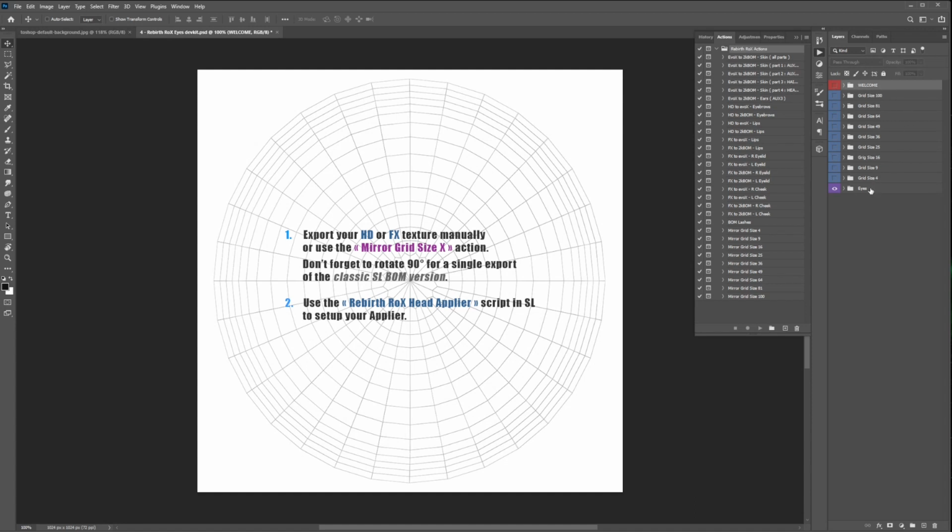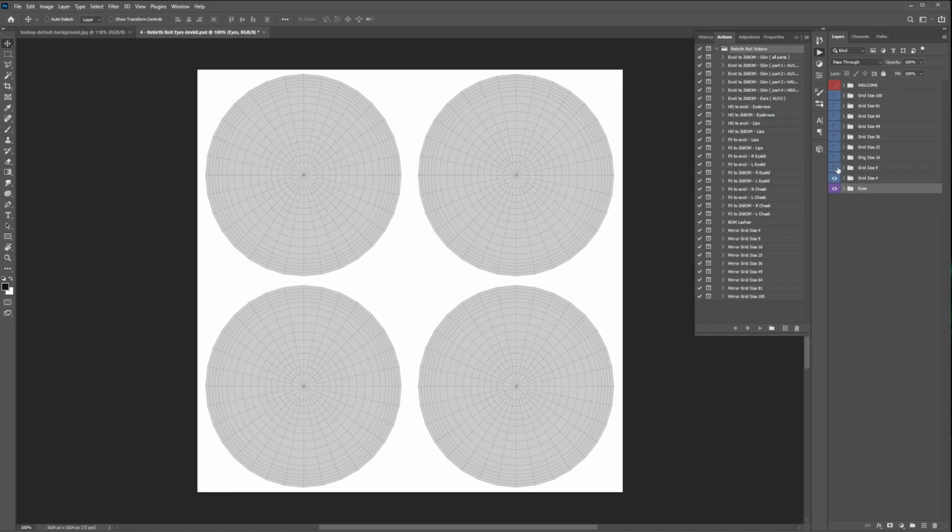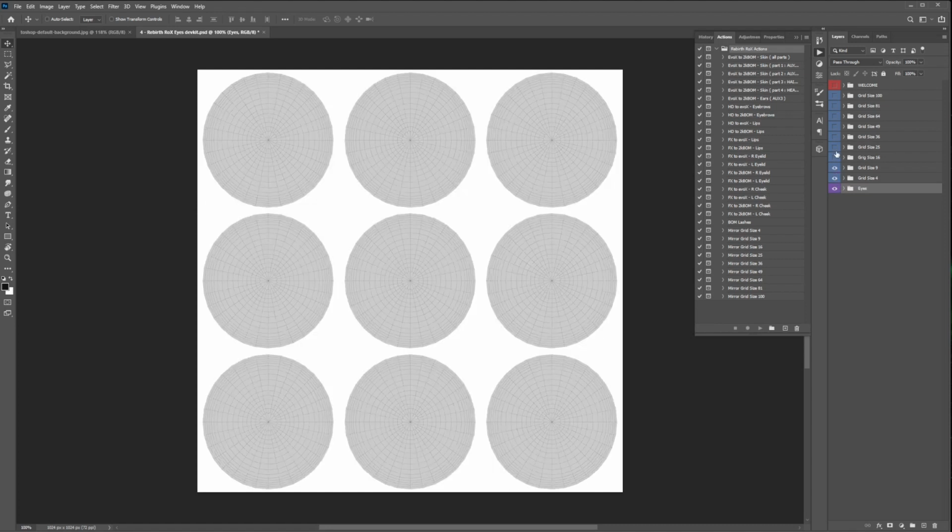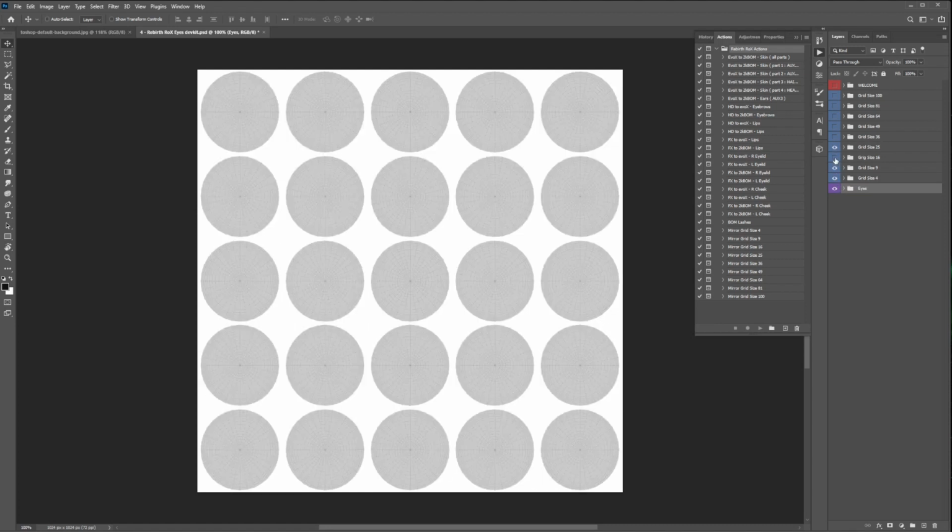The UV of the BOM, HD and FX eyes, which is the same for the 3, with a small precision about the BOM eyes, which will have to be rotated by 90 degrees before export according to the SL standard that you already know. Finally we find different types of grids, each containing thumbnails of the eye UV that will be used to create the FX animations according to the principle that I'm going to explain right now.